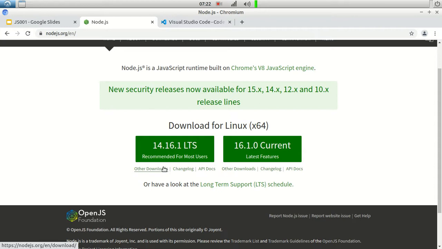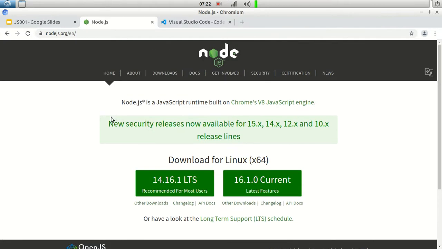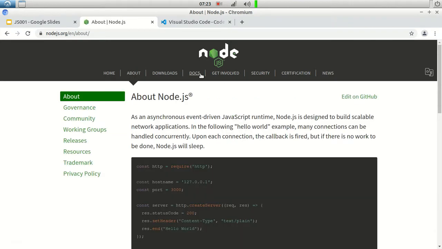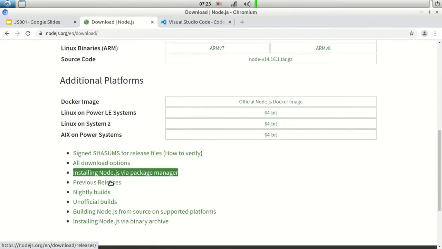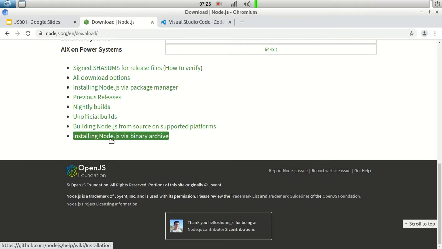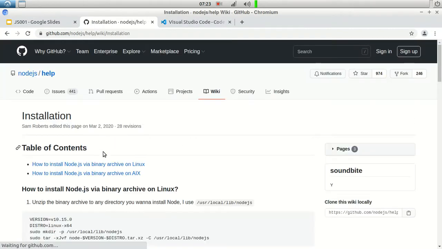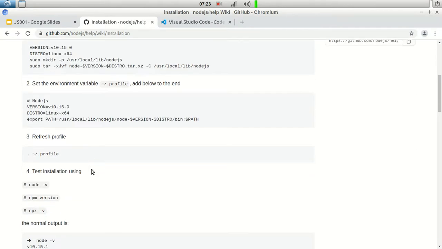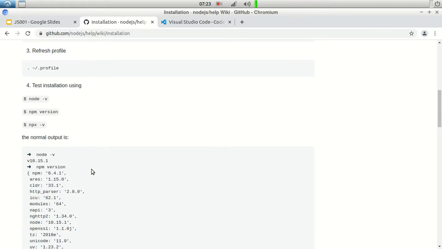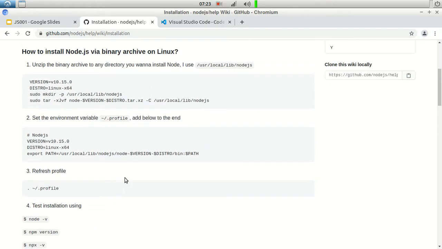If you don't have proper knowledge of how to install on Linux, because Linux is a little bit tricky, just go to downloads, and here you can see installing Node.js via binary archive. You just follow the same steps as they are, but in some cases if you feel it is more lengthy or somewhat difficult, then you can directly use apt-get install and the code.